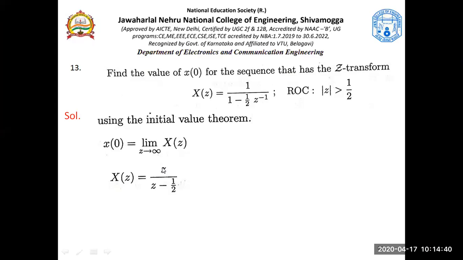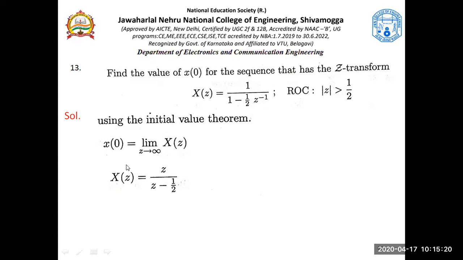We are applying L'Hospital's rule because we are getting infinity by infinity. So when we have infinity by infinity, it is indeterminate form, but I want some value to be found out because I'm asked to find x of 0, and x of 0 is obtained by applying limits. L'Hospital's rule says that we need to differentiate the numerator as well as the denominator with respect to z, and keep those values in the same place. So differentiate this with respect to z, differentiate this with respect to z, and see what you get. If some z's still remain, apply limit z tending to infinity. If no z is there, it's the end of it.